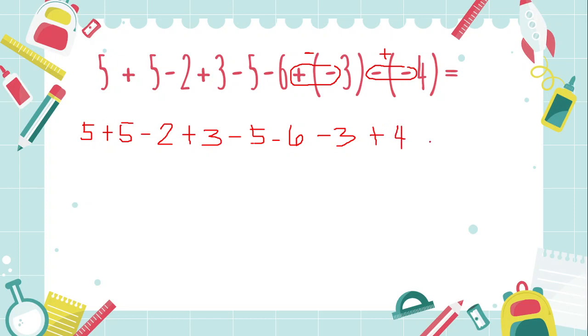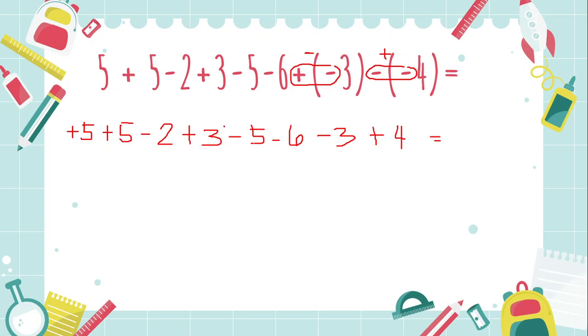Now from here, as you can see, all the numbers have a sign on its left side, excluding this number. Now since 5 does not have a sign on its left side, therefore this one is a positive number. Now from here, we can process this one based on what we've learned earlier. So my suggestion here, if this will be our problem,